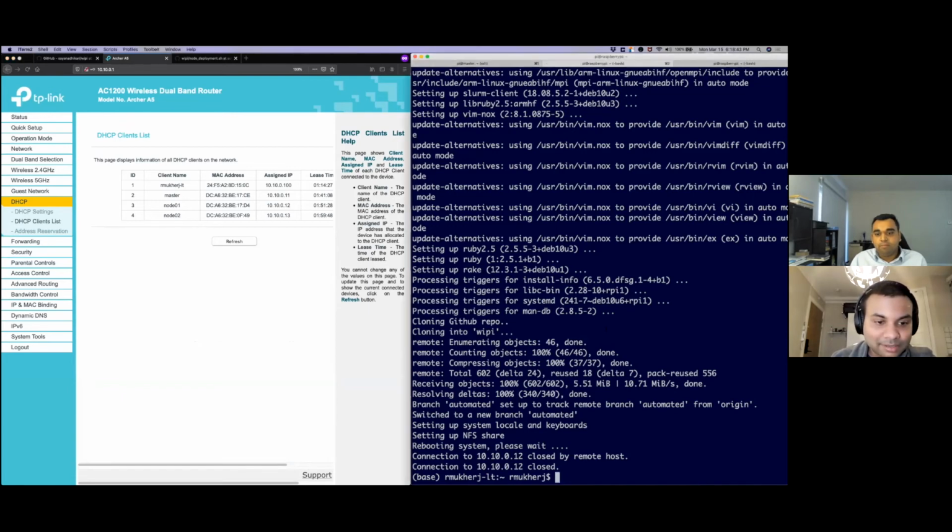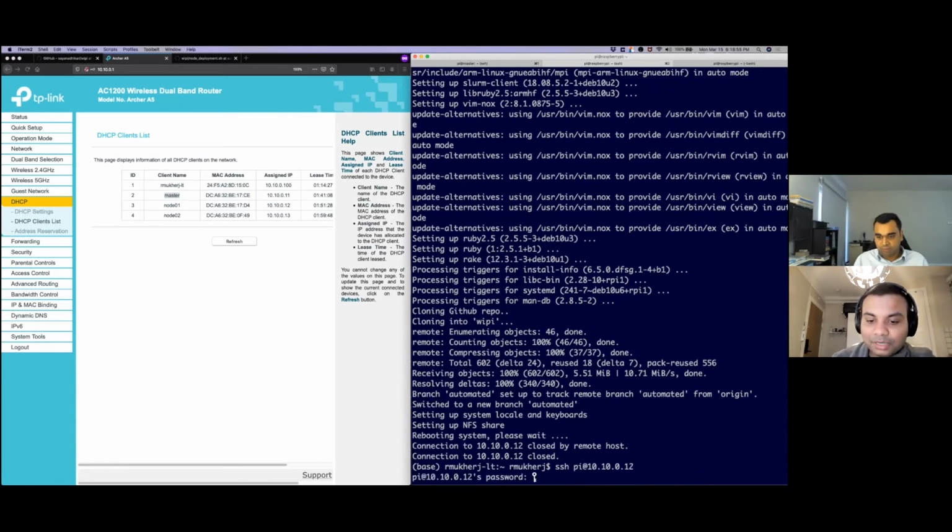So you can see here right now we have three different Raspberry Pis. One is master, another two are Node 1 and Node 2. So the next step would be to configure SLURM on the master. But before doing that, we will...